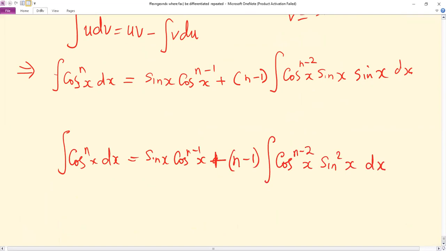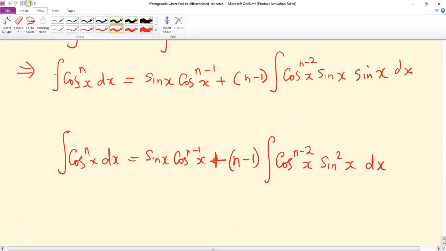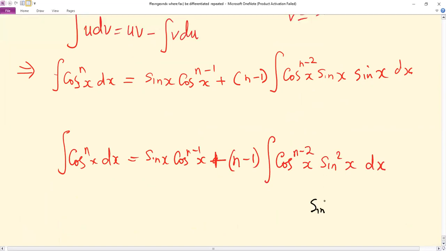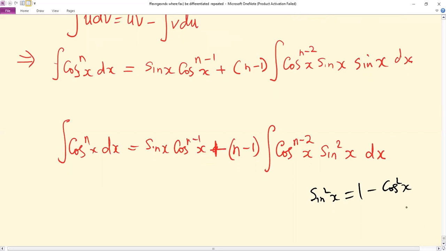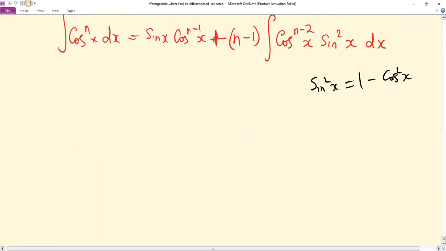But we know from our basic trigonometry that sine squared x is the same as 1 minus cos squared x. So using that identity in this place, we have the integral of cos power n of x dx